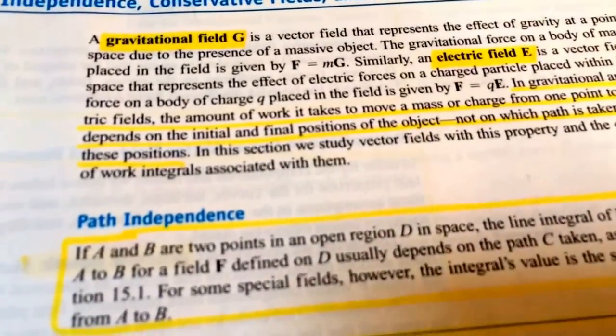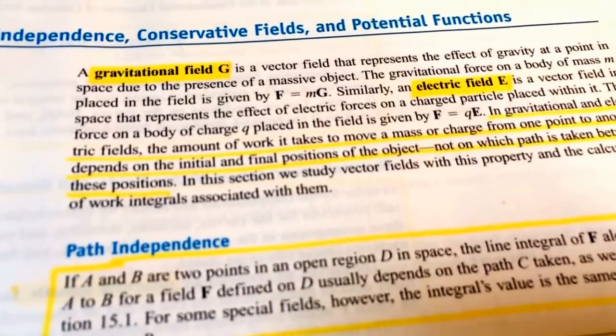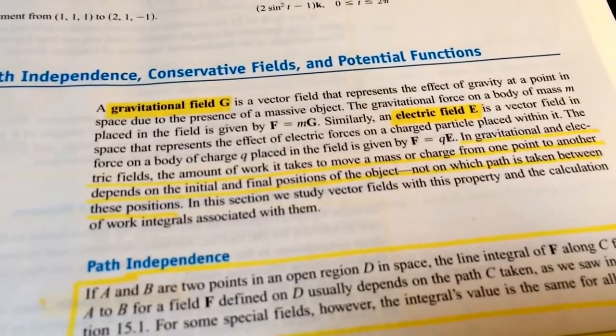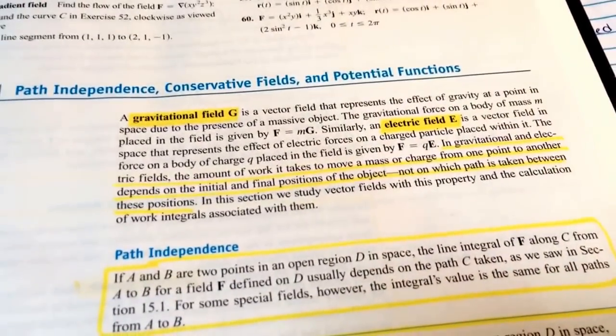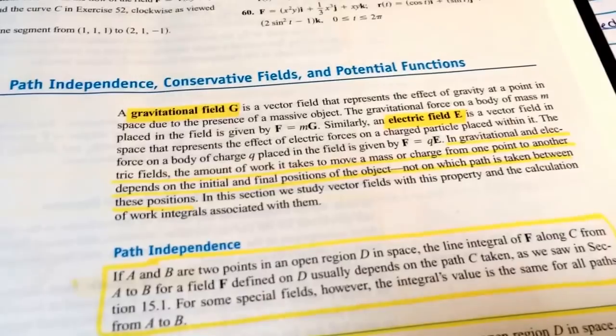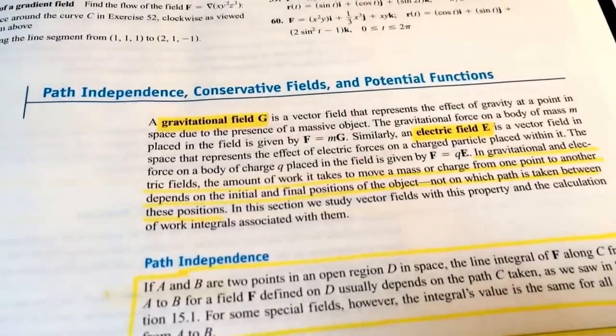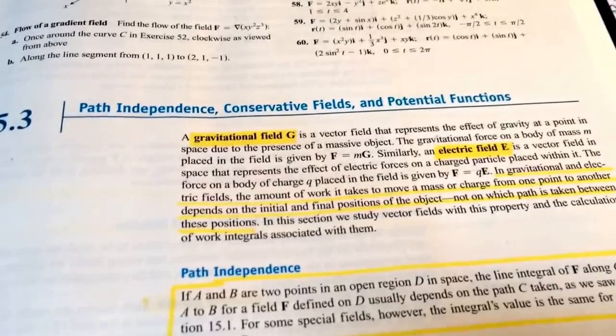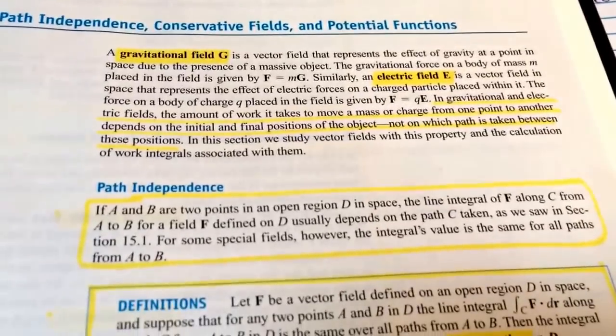So in the previous sections, we have seen that if you take a different path, you get a different answer. But in this particular section, these functions are of the form that you could take any path that you want to, but as long as you are going from the same point to the same point, it doesn't matter how you get there. So that's the idea behind path independence. So they talk about it here.